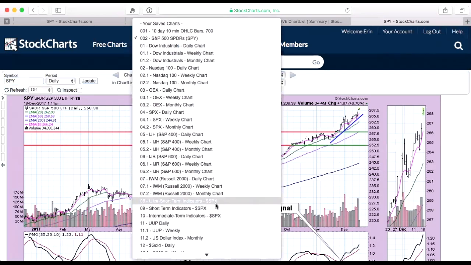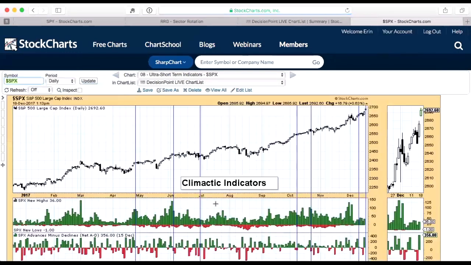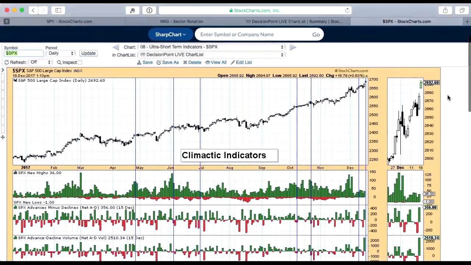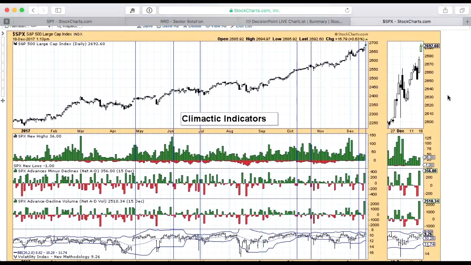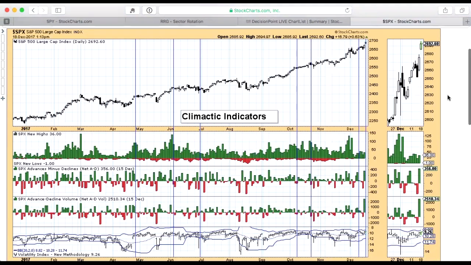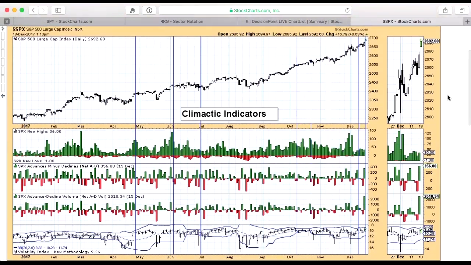All right, I'm going to go over our indicators. This is the climactic indicators. I use these as very, very short term, similar to candlesticks. When you're looking at a candlestick, it's super short term. You're only comparing it for that day and possibly in the comparison to the day before. So similar. And I think this is a really great example of how these climactic moves work,